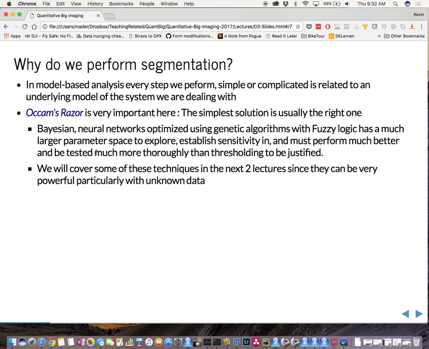So there's clearly problems that require that kind of analysis, but as a starting point, you want to take the simplest analysis that gives you reasonable results, because the more complicated this analysis gets, the further removed you are from your original data and the less able you are to propagate errors forward,